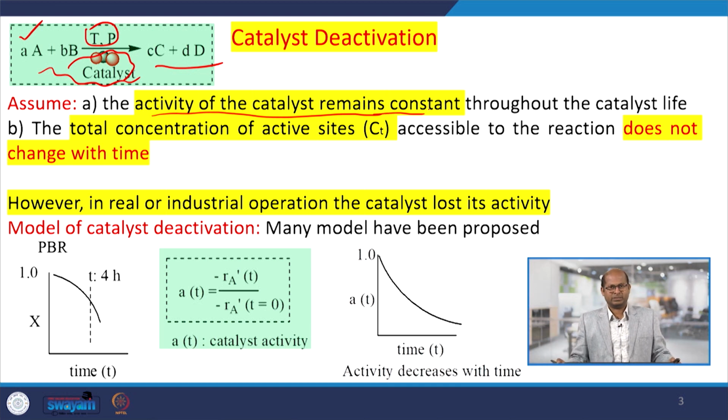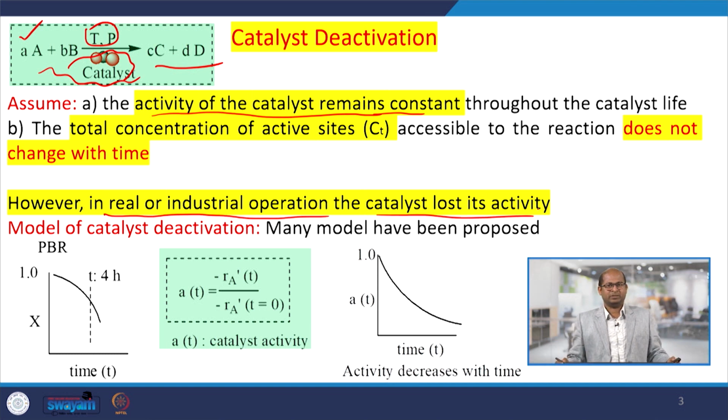Whenever we prepare a catalyst, the objective of putting it in a reaction system is that its activity remains the same throughout. If we are conducting the reaction for 10 hours, 12 hours, 24 days, 30 days, 1 year, 2 years, throughout the years we should expect the activity or rate of reaction to be the same. But in the real case, it has been observed that in industrial operation